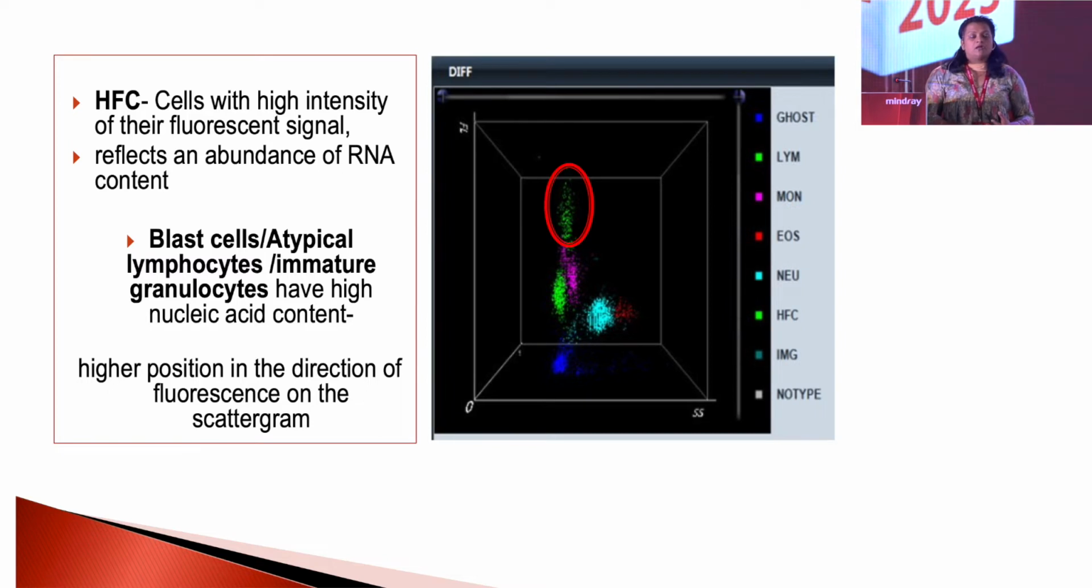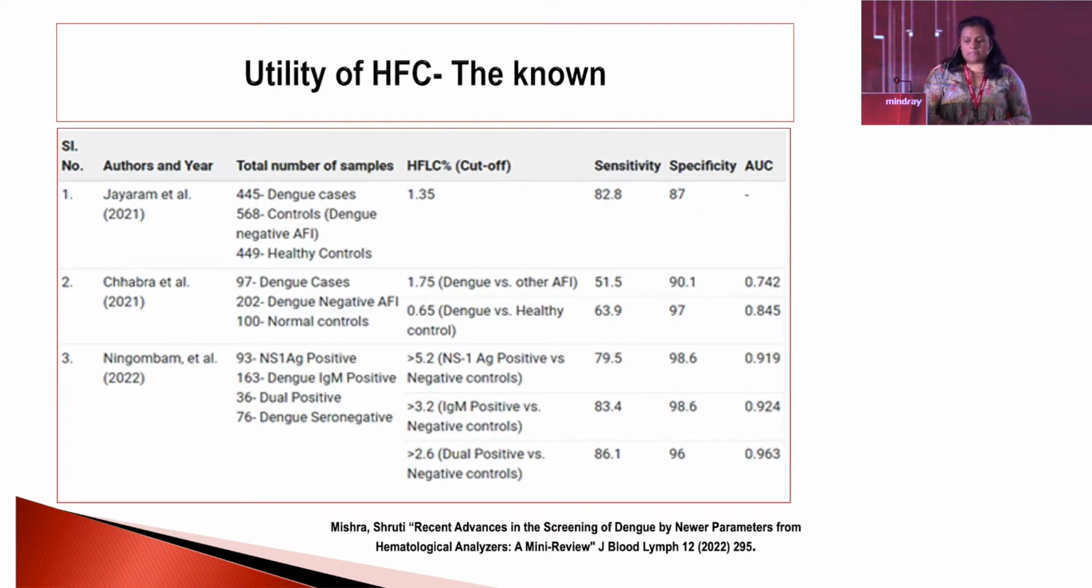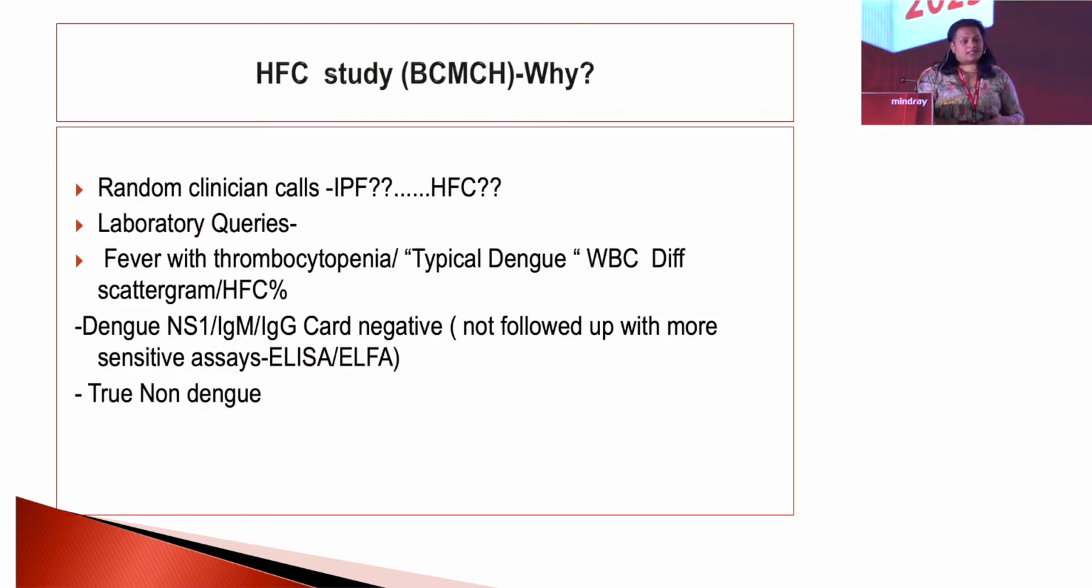taken up the fluorescent dye, and it shows up as a separate population because of increased fluorescence due to RNA content. Now, a lot has been already known about HFC. Studies have been done in the context of infectious illnesses where HFC was high in dengue fever. Several studies. Why did we decide to look into this in our hospital is because clinicians started randomly calling, like,